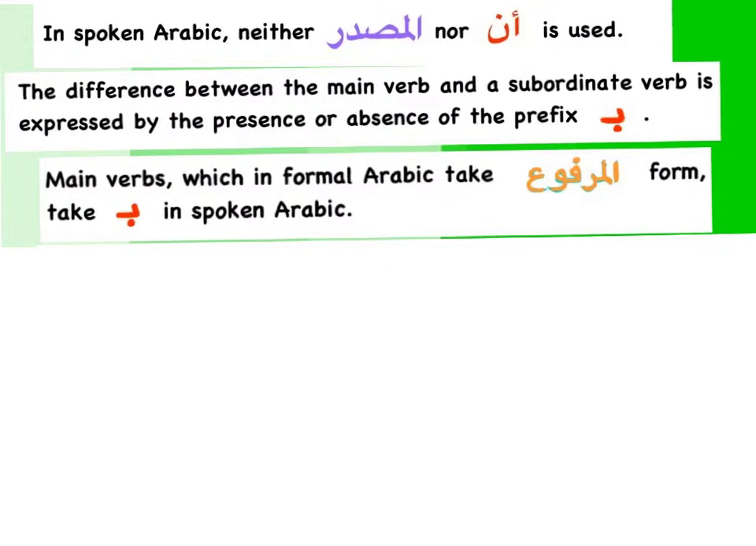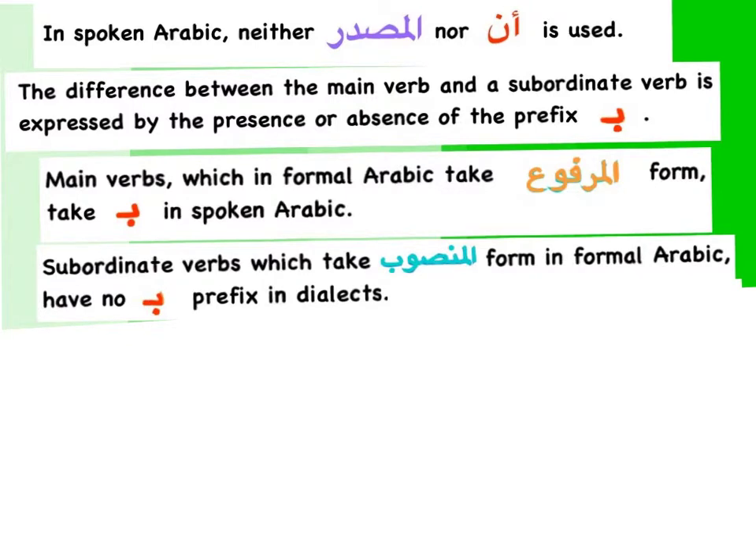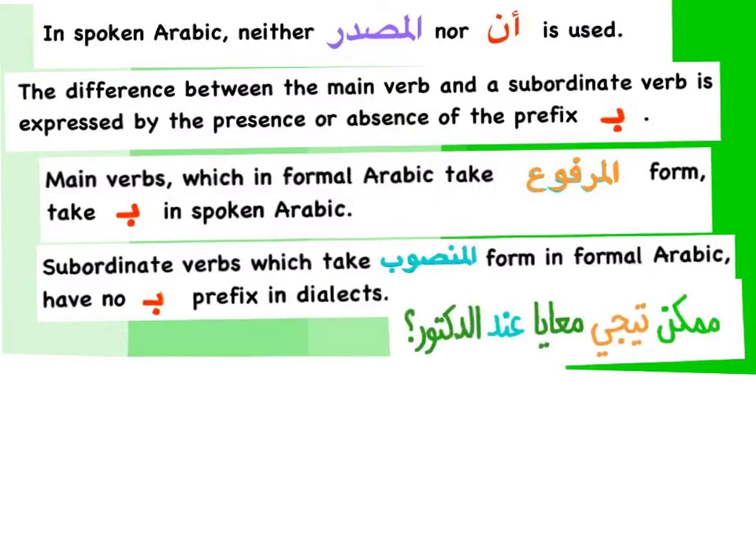Main verbs, which in formal Arabic take the marfu', the dhamma, form, take the prefix be in spoken Arabic. Subordinate verbs which take the mansub form in formal Arabic have no be prefix in dialects. So be is for the main verb, no be, no main verb. So this example, ممكن تيجي معايا عند الدكتور. It's okay for you to come with me to the doctor. So ممكن تيجي معايا, here it's a subordinate